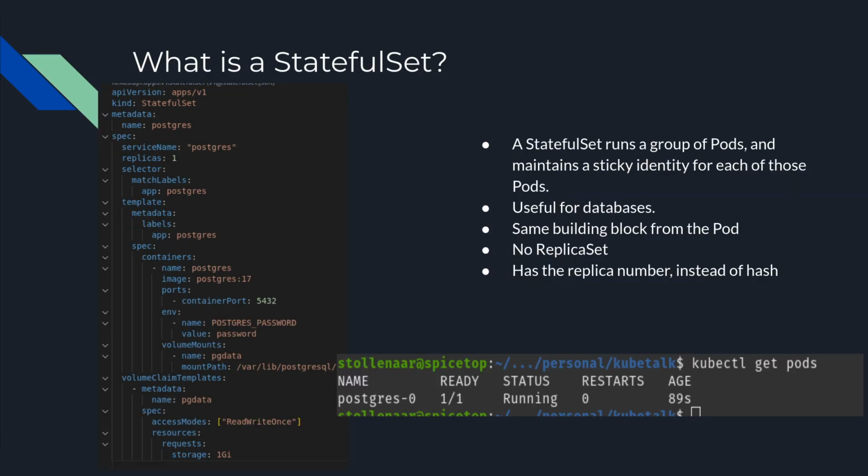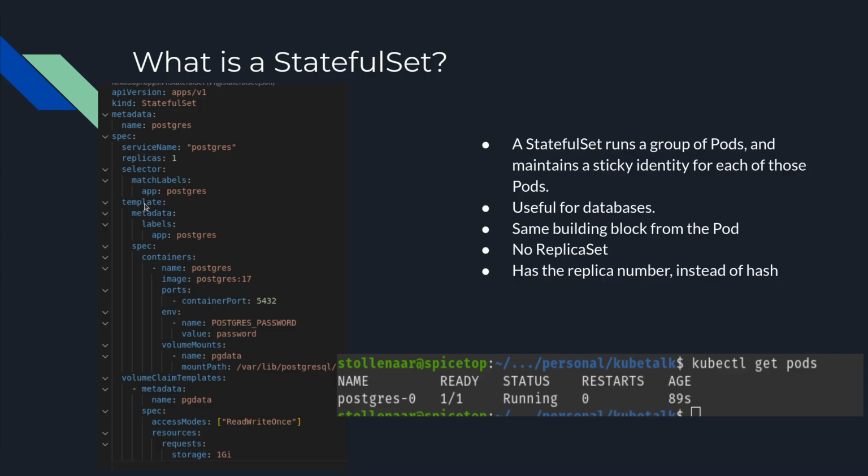Now, when you move to things like databases and stuff, you want something that's more, I guess, sticky. You want to know this replica of a database is there. You want to know that it's easily identified, and when Kubernetes rolls it out, you don't want a different version to suddenly appear and just be stuck there. You want to make sure everything is more the same, and that's the way that you have a stateful set. Again, you have the same sort of pod template in there,